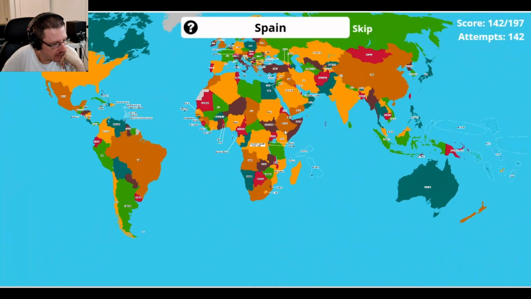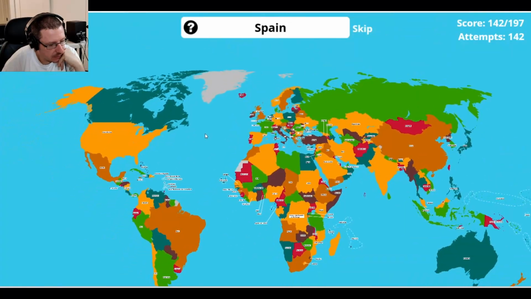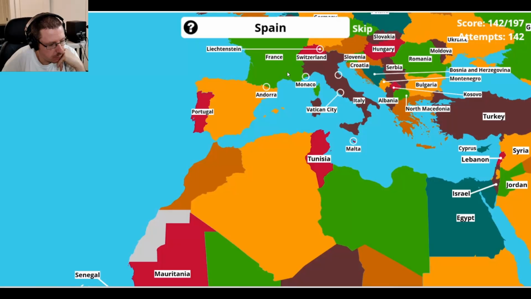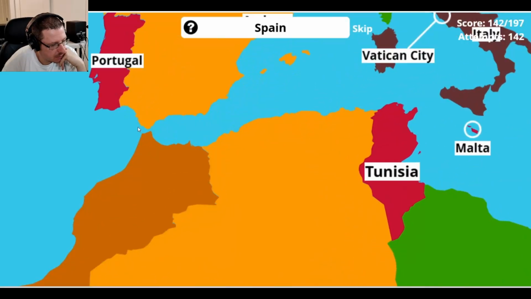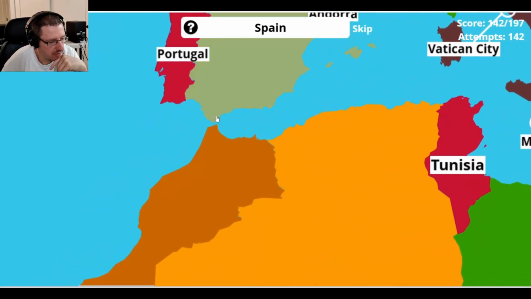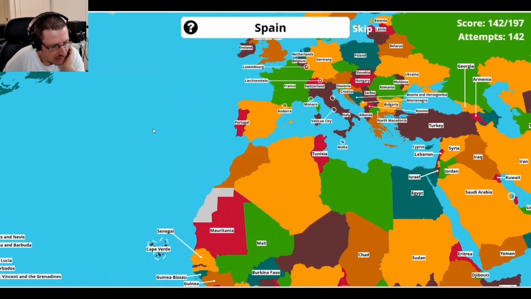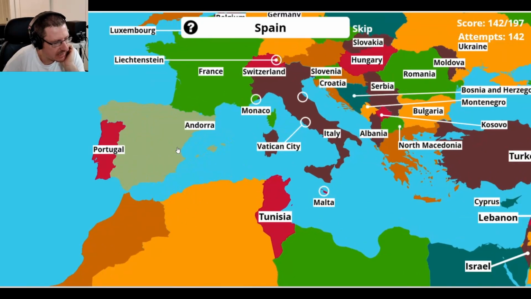Spain is right here. I didn't realize how close Europe was to Africa, so you can take a boat ride. One of my friends took a boat ride from Spain to Morocco. She said it was only like an hour long. I think that's what she said. Oops, I ruined Morocco for you guys. Spain produces, I think, 44% of the world's olive oil.